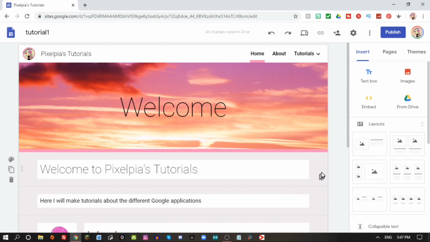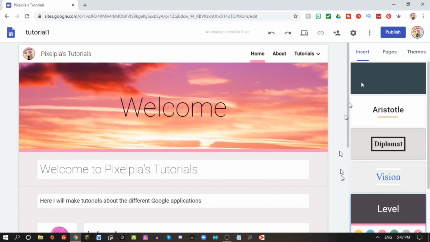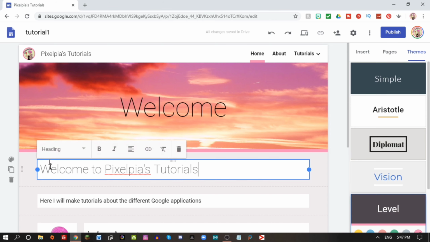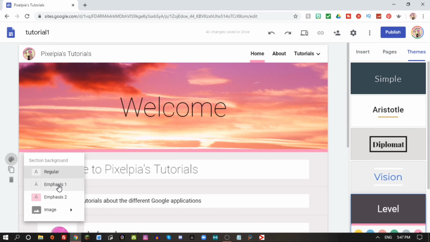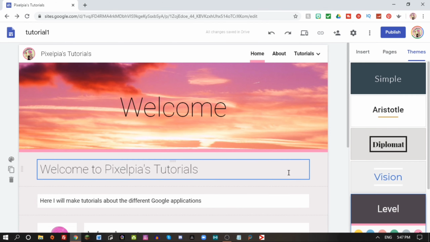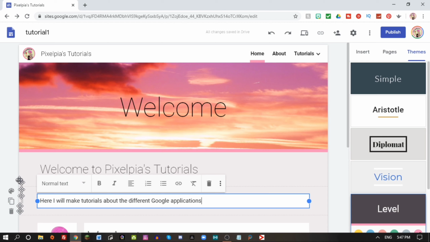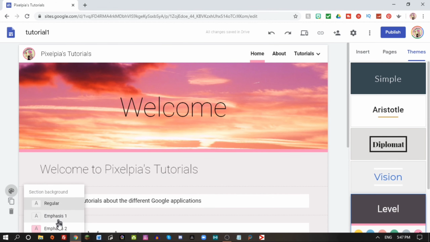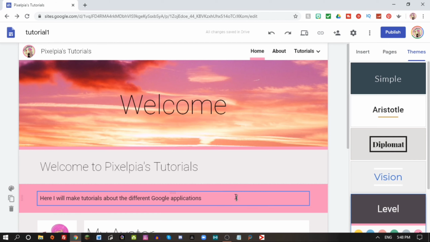As you can see, the background of the theme we chose, which is Level, is in this grayish color, while our text boxes are white. We have two alternatives now. We can either change the text boxes by clicking in the text box, and on the left side here you have this little palette, and we can choose emphasis 1, which makes the text boxes without any background at all. Alternative to that is to choose emphasis 2, which will color them with our